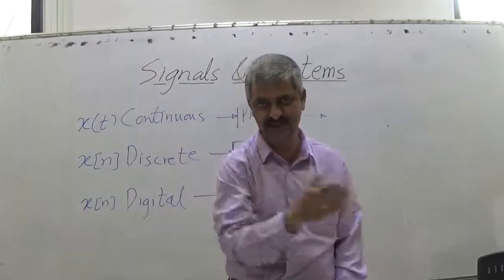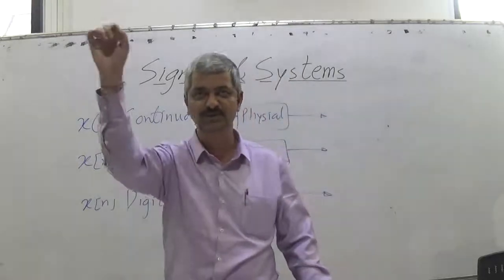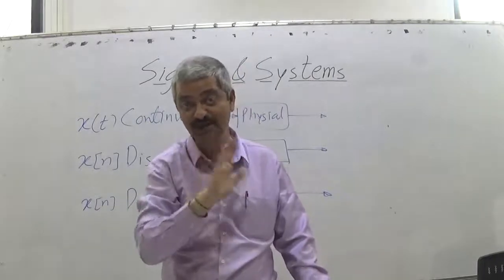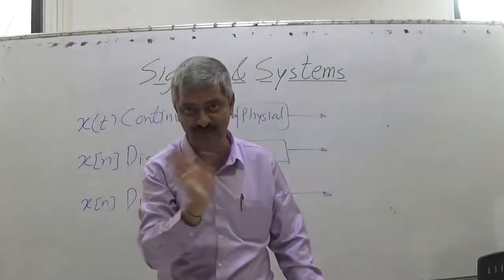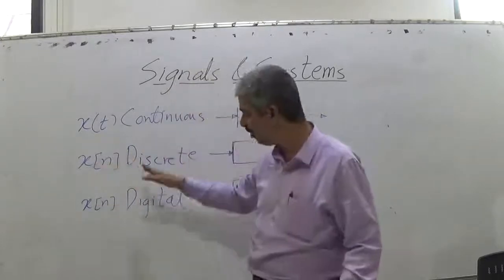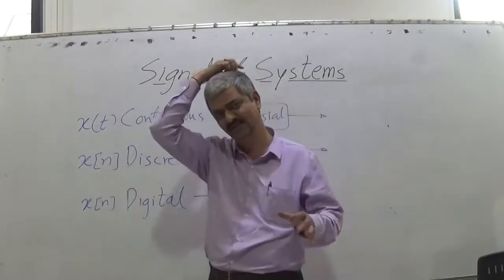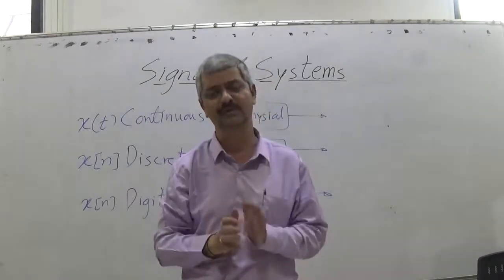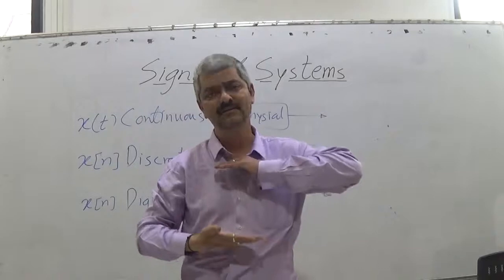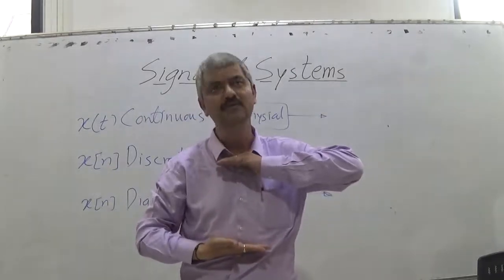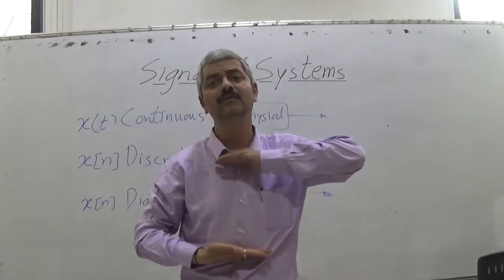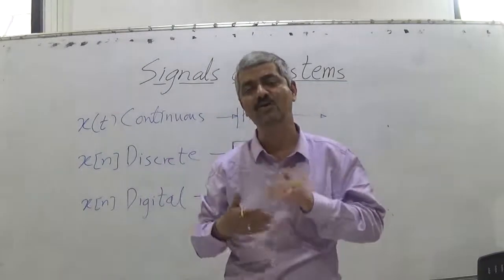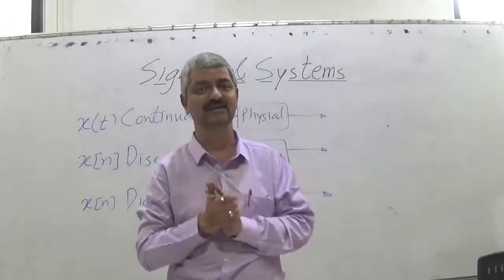On the time axis, only distinct samples are used. These may have infinite resolution values. Those can't be numbered. You can't express them using digits. Whereas when you approximate it, you decide how many digits you would be using, how much resolution. If I am having length, then centimeter resolution is enough, or millimeter resolution, tenth of a millimeter, or micrometer resolution. So you decide how many digits you are using to express that.